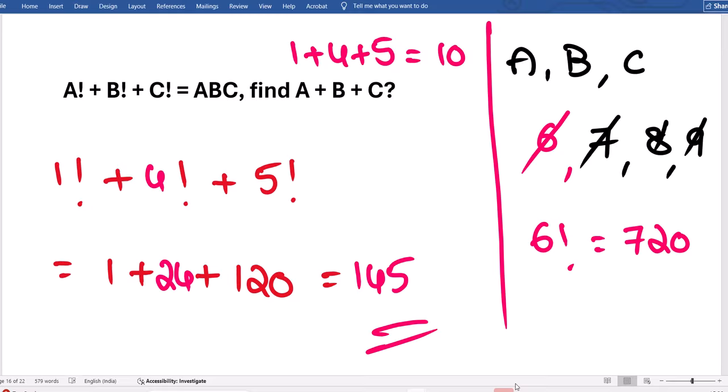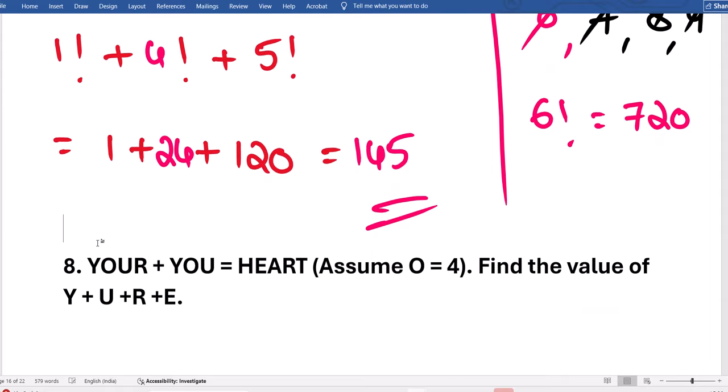This question, previous question, previous question, it's all about trial and error. No straightforward equation. We have to think why this, why not this. First try to eliminate the things which are not possible, then work on it. You got 145 here: 1 factorial plus 4 factorial plus 5 factorial. Right? Fine. Now let me go for the multiplication case. Factorial, addition, subtraction also we converted into addition and solved. Now let me enter into